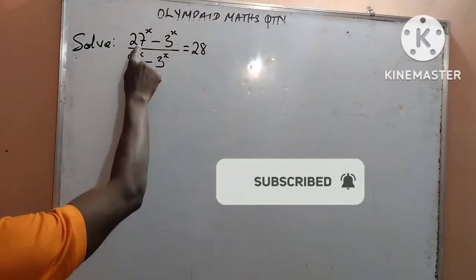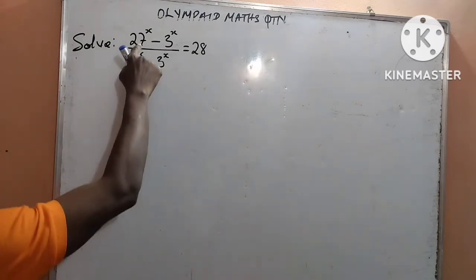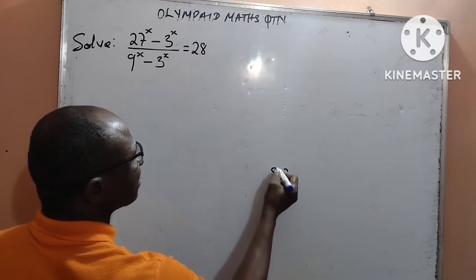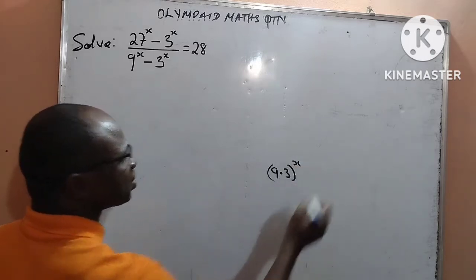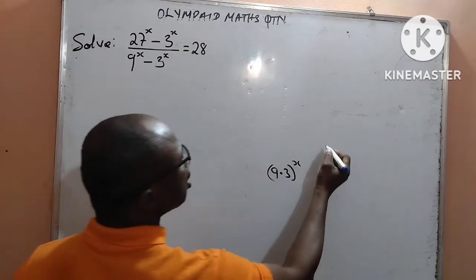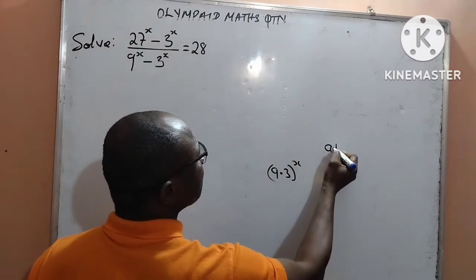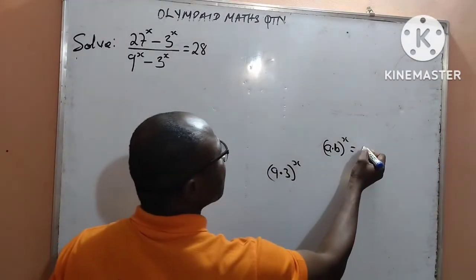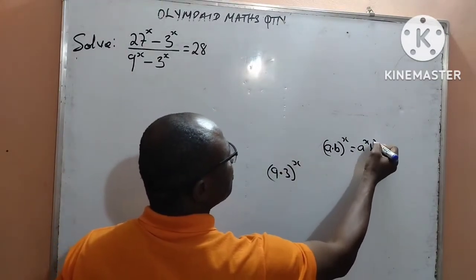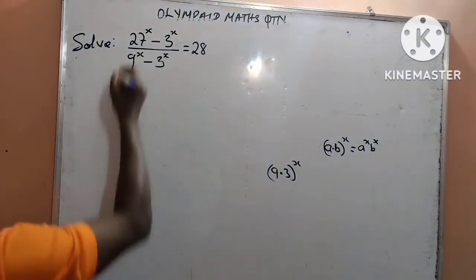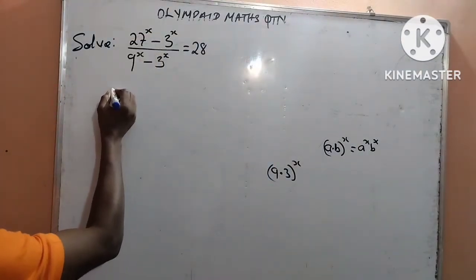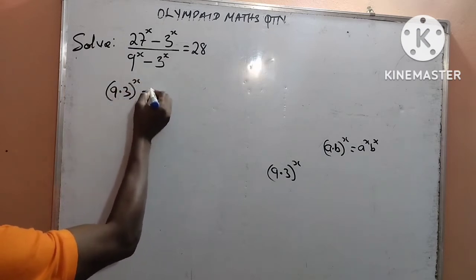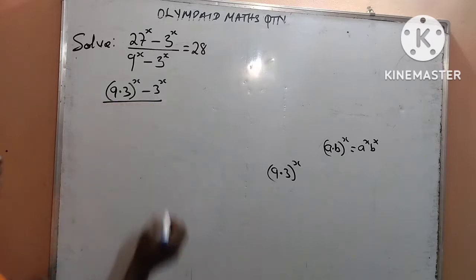We begin. Looking at this question, you can see 27^x is the same thing as (9 × 3)^x, because by law of indices, (a × b)^x is still the same thing as a^x × b^x. Therefore, I can now write my 27 as (9 × 3)^x minus 3^x all over